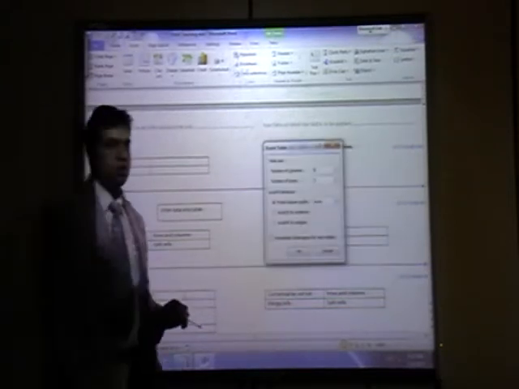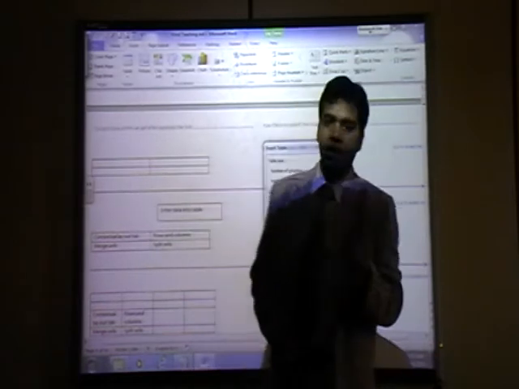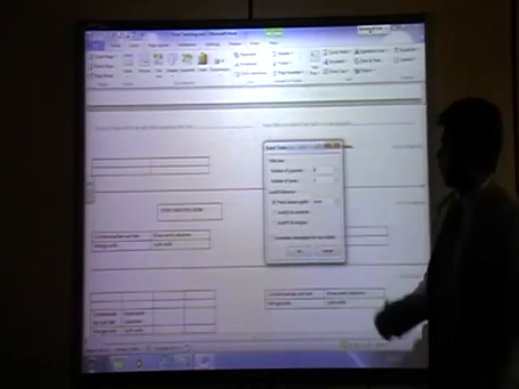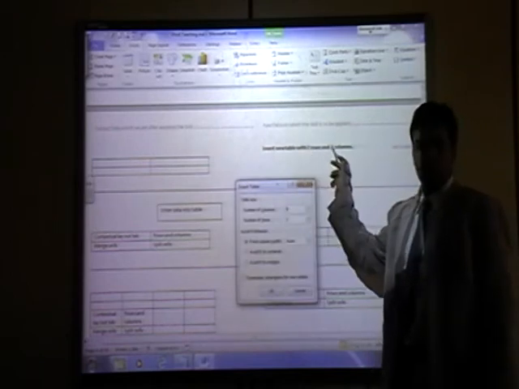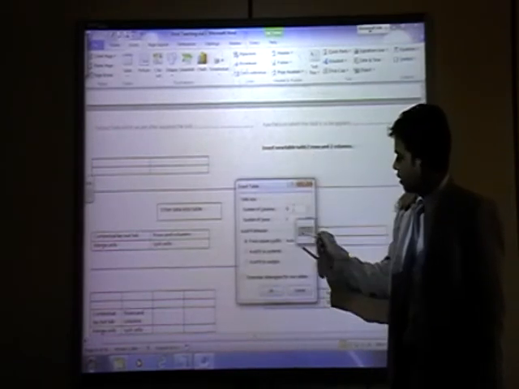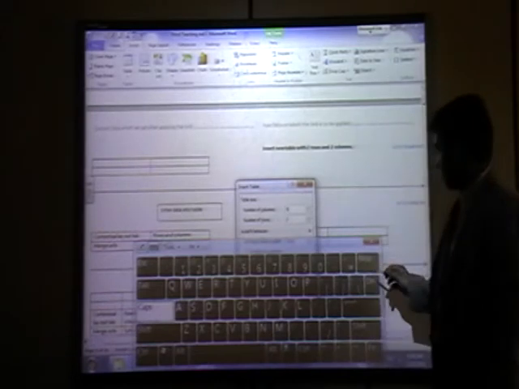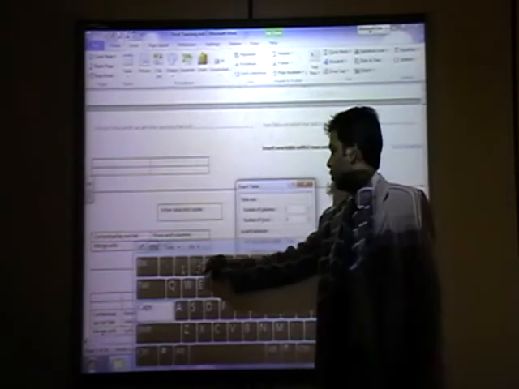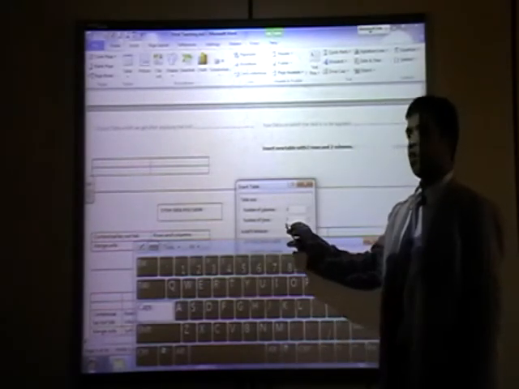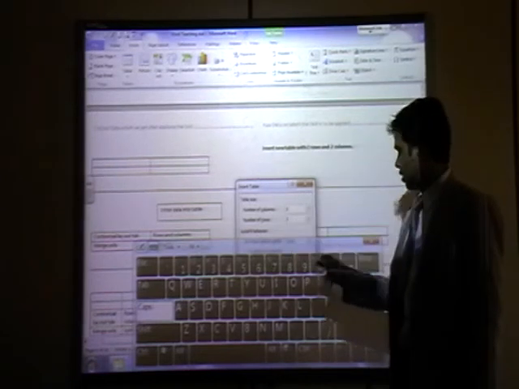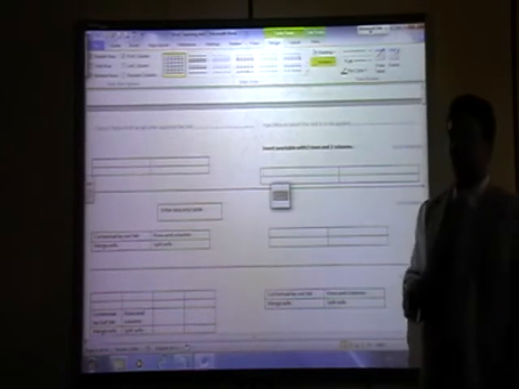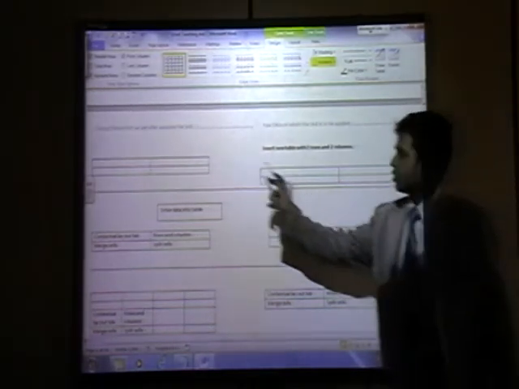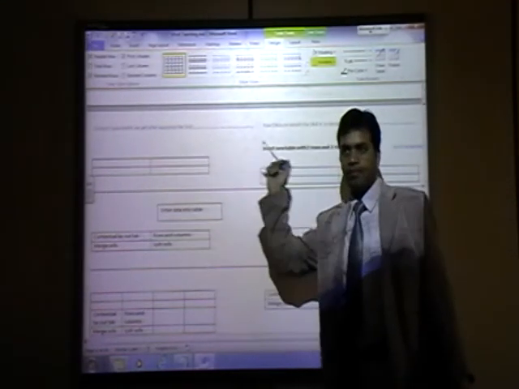You will get a window. In this window, in the dialog box, you will write how many rows required? 2 rows and 2 columns. You can write here, delete and write down 2, and number of column is already there, 2 is there. So I click on OK. You will see one table will come, same. Is it same? Yes. Okay.